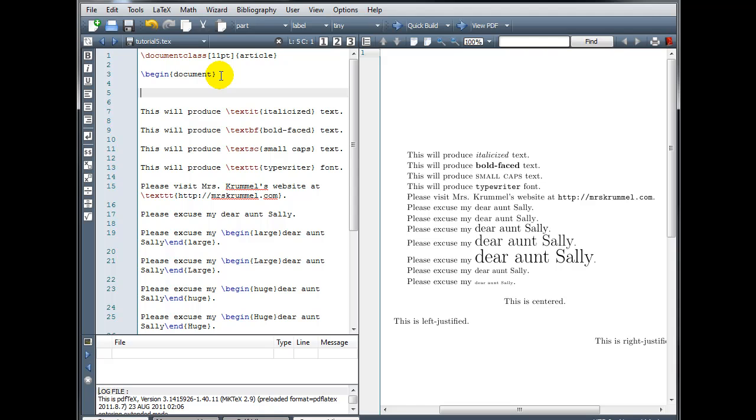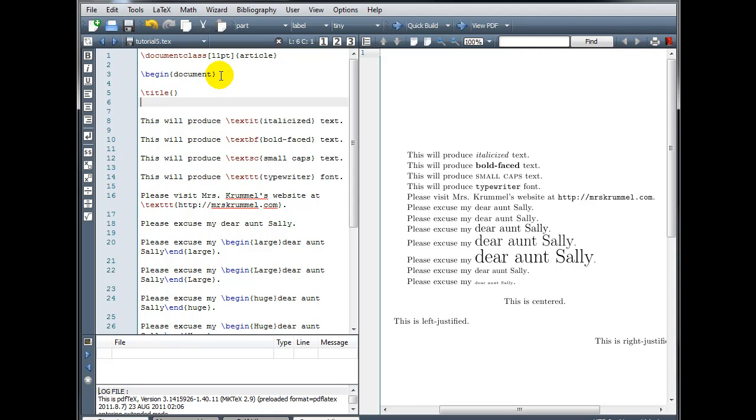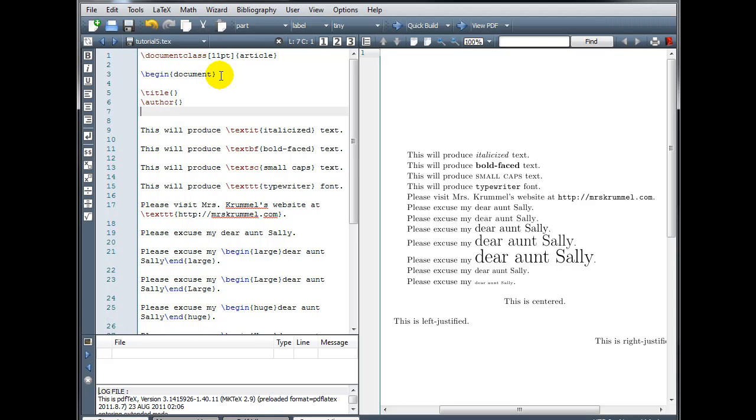The first one is backslash title, and then in curly brackets you would enter your title. The second line, backslash author, and in curly brackets you would put your name. The third line, backslash date, and in curly brackets you can type today's date, or you can use the command backslash today, and when you compile your document it will automatically fill in today's date, so that if you save